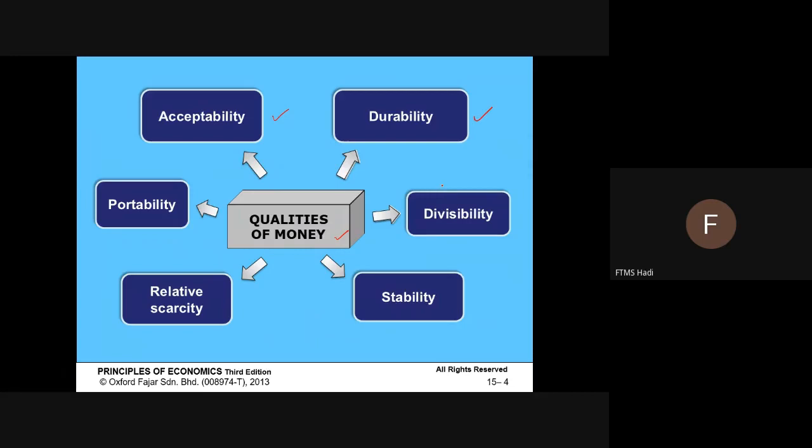Money can be used not only for the next 10 years, but the next 20 years, 50 years, even 100 years, anytime. Divisibility means that money can be divided, or diversified, into spending, into investing, into budgeting. So with money you can do anything. And then stability: that means the value that money delivers is stable. In terms of your income, when we're talking about the national economy, we're talking about the stability of the currency.